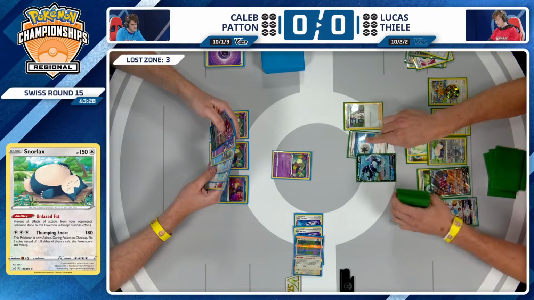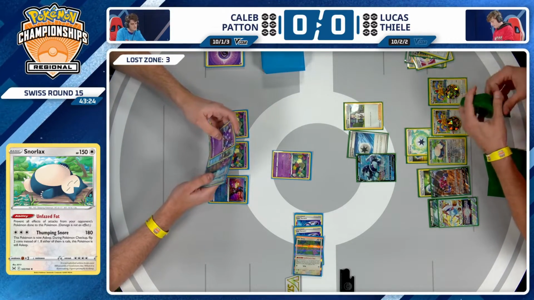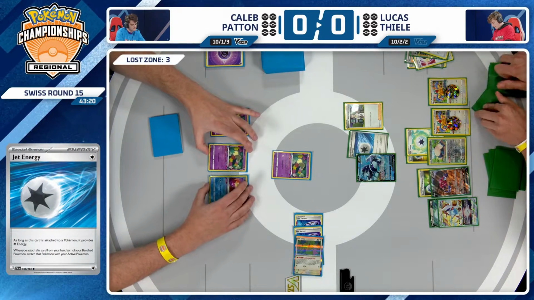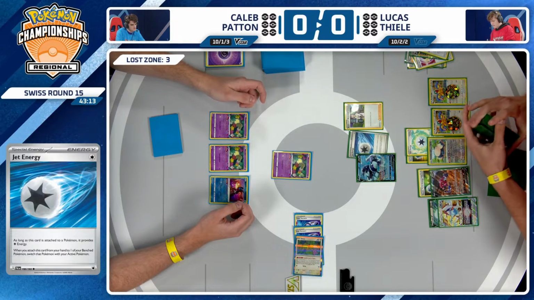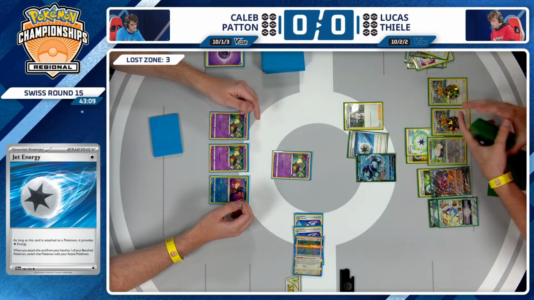There's 4 Jet Energy in the list. Well, that's an option too, yes, technically. You could just flip double heads, but I'm being realistic here. Using Jet Energy to send up even just an Archeops or Lumineon V to the active spot. They all have 1 retreat. You reset that special condition and move back to the bench, send Snorlax back up, and keep your chain of